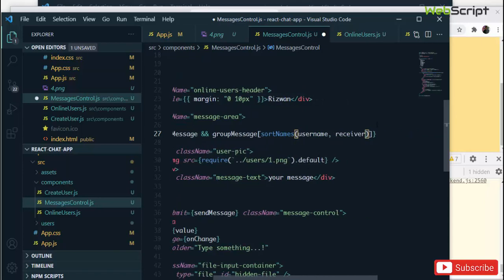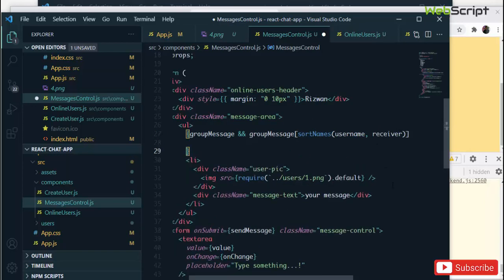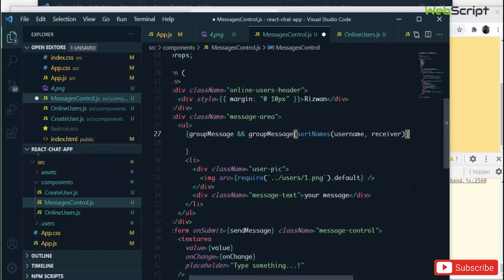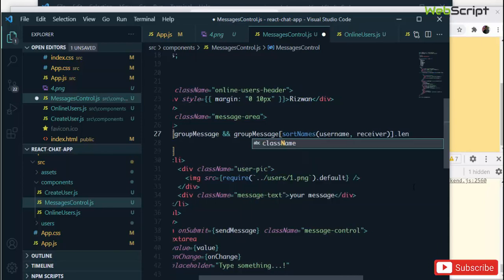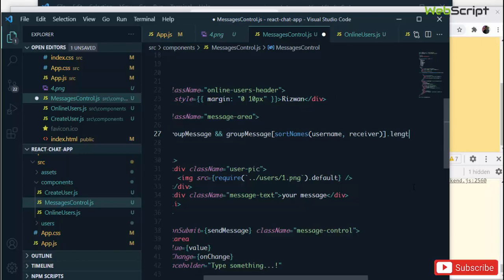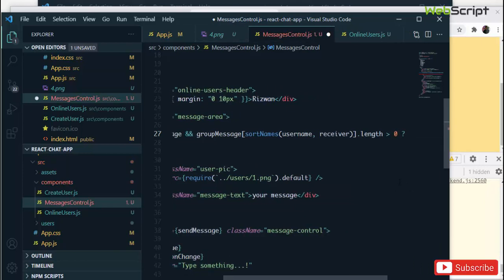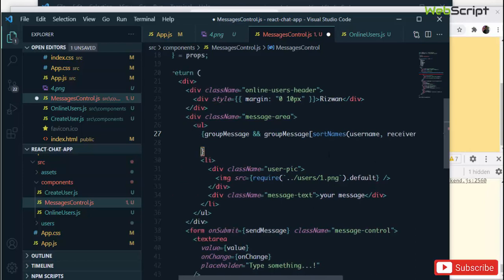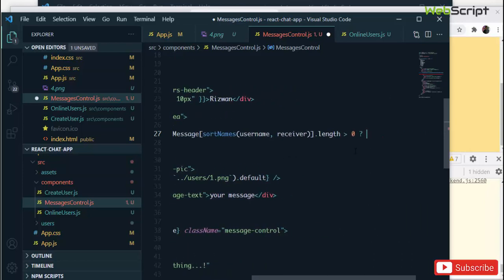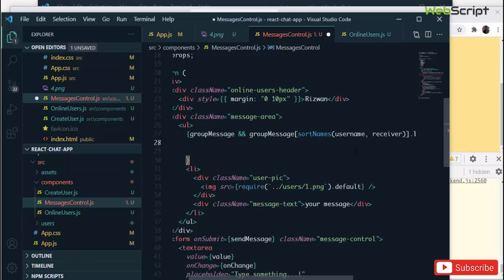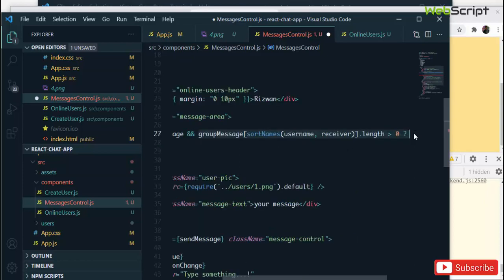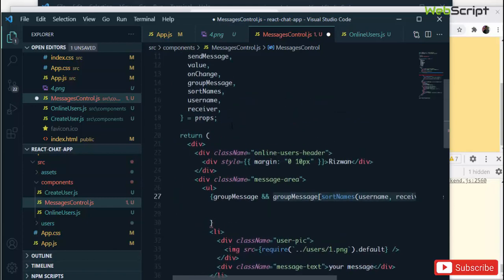Okay, we have got the key, and so let's take this thing out, and here we'll say if length, this is gonna give us an array. We'll check the length is greater than 0. If it is greater than 0, then we'll execute that code. So I think what we can do, that's fine. Okay, we have to call this again actually, so let's copy this,